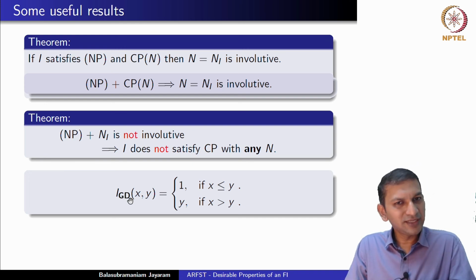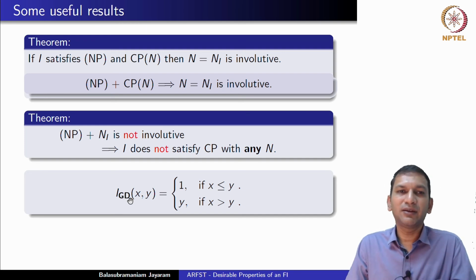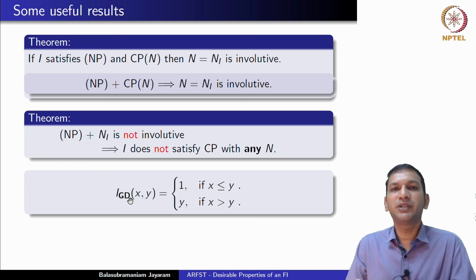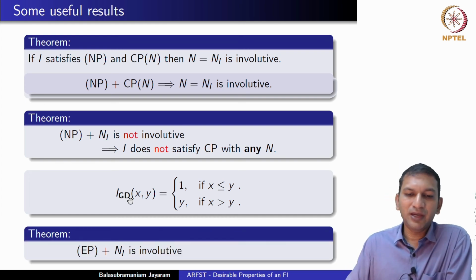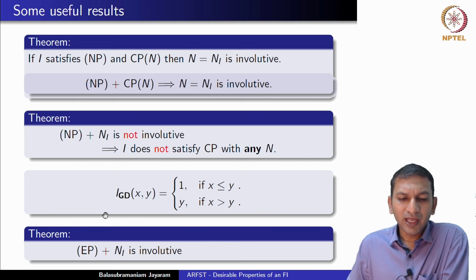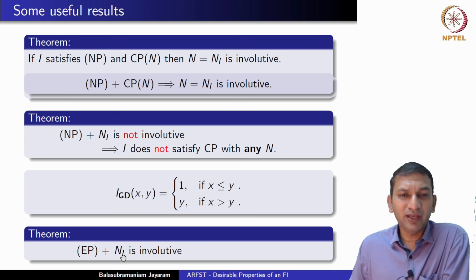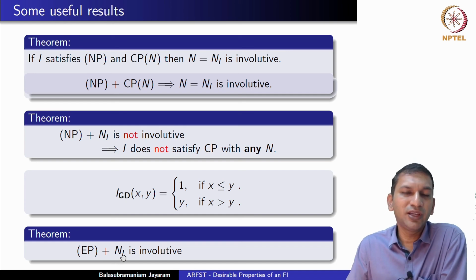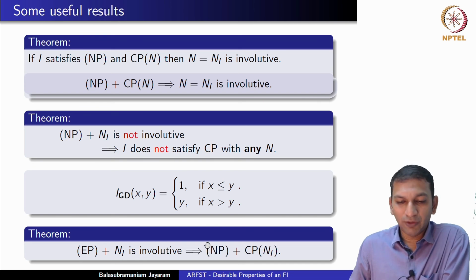Okay, so this is a nice result, but in some sense it has a negative connotation. It tells you when an I cannot or does not have contrapositive symmetry with respect to any negation. Is there more like a positive result? Yes, there are many, but let me give you just one. If a fuzzy implication satisfies EP, which is the exchange principle, and if the corresponding natural negation that you obtain from it is involutive, then what we do know is it will also satisfy NP, but most importantly, in this context, we can say that it satisfies contrapositive symmetry with respect to its own